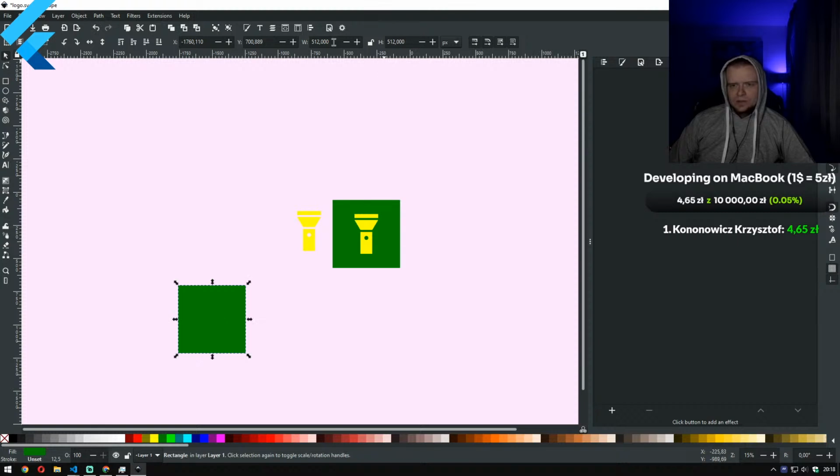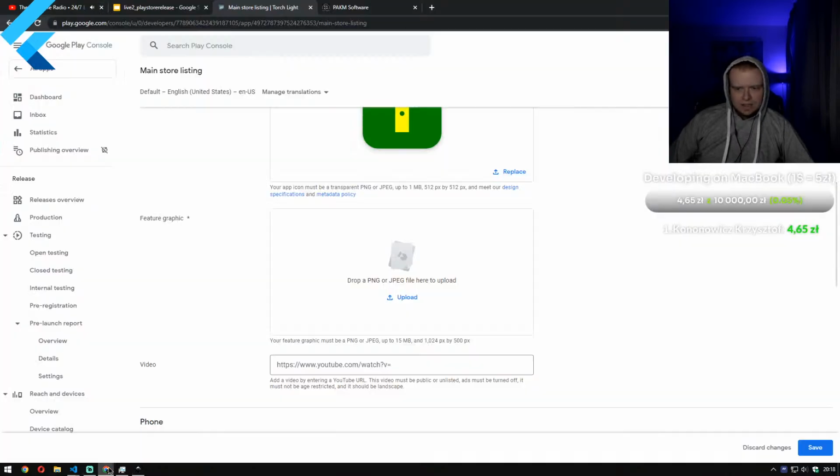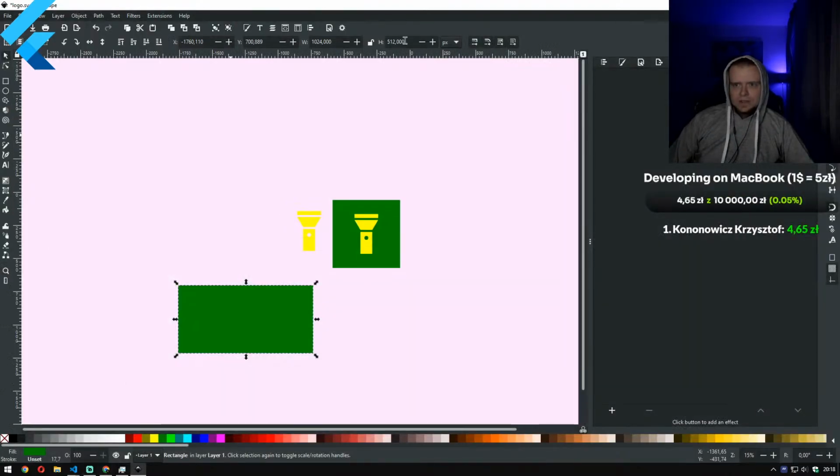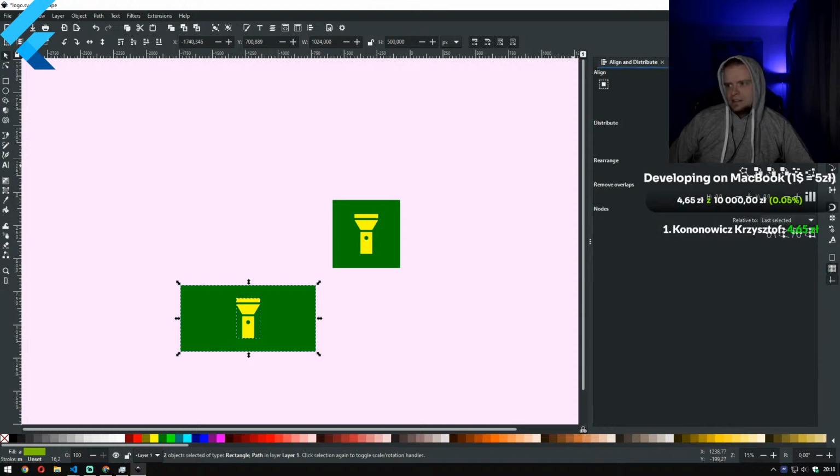So what we will do, I will just create, and as I know, it was 500 pixels. So we'll just create a simple background, and the icon in the middle, and